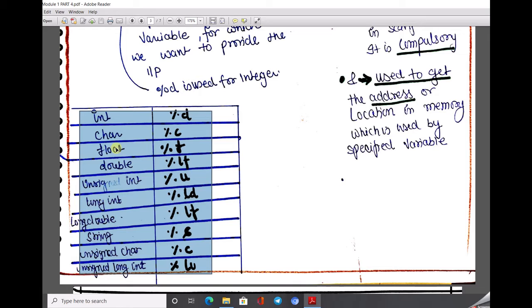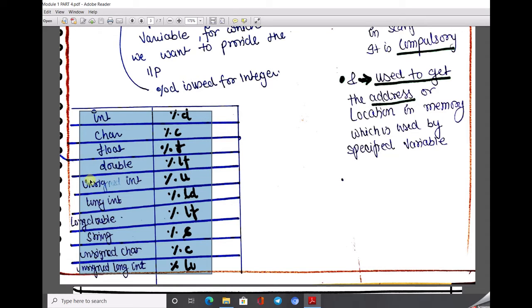Don't think that if we write 100.0, it will be considered as 100. No. In the computer system, if the user types a decimal point, then this value is known as a floating number. It will not be considered that if 0 is written after the decimal, we just treat it as an integer. No. The computer can't understand this. The computer doesn't behave like a human. Don't think like a human.